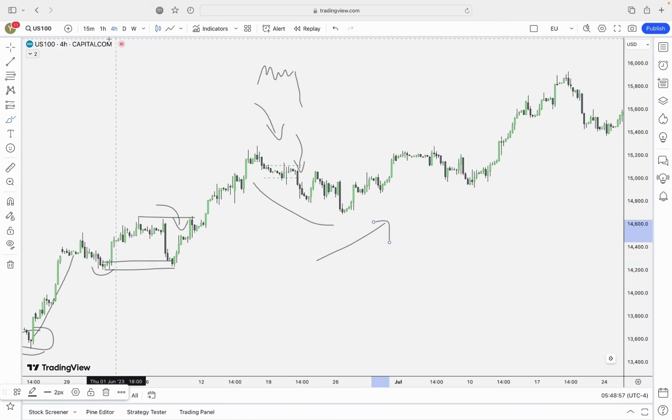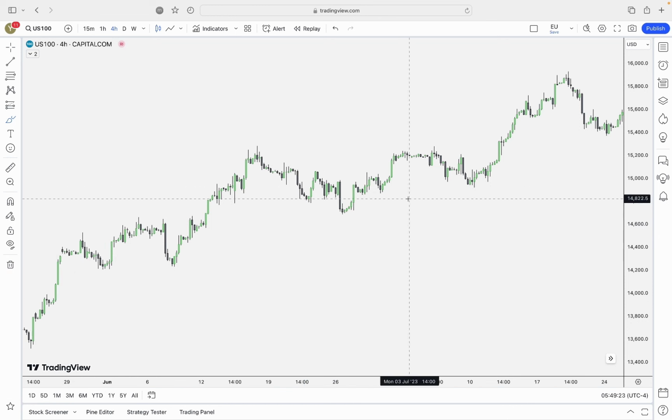So from a higher time frame perspective, you would be looking for this pullback to be over, and then you want to buy higher. However, on the lower time frame, we got this consolidation, we have a break of structure, we have a new low relative to the lower time frame structure. So on a lower time frame, you could be pretty much looking to sell at levels of resistance and target the previous low. Now, excuse me if this is getting too messy, sorry,